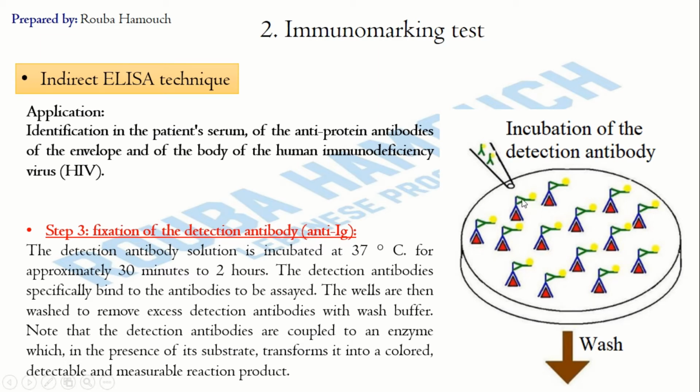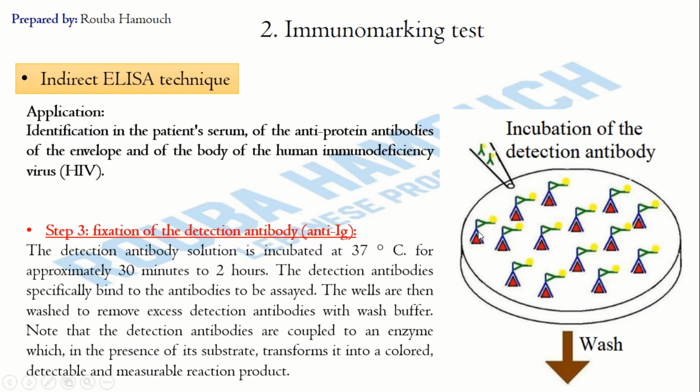The secondary antibody, or the detection antibody, is specific for the constant region of the primary antibodies, or the antibodies to be tested. If the antibodies to be tested are present in the serum of the patient, they remain bound to the HIV antigens. So when we add the secondary antibody, it will bind to the constant region of the blue antibodies, and thus the secondary antibody will not be eliminated by wash since it is bound to